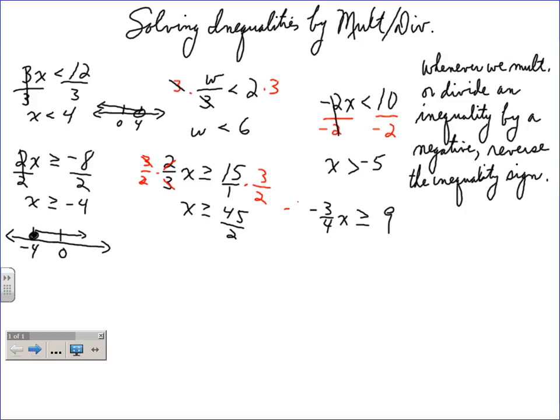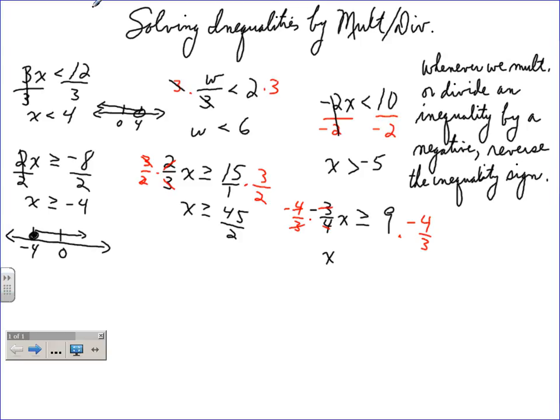Negative 4/3. That's right. And when I multiply a fraction by its reciprocal, I'll get 1. Negative times a negative is 1, right? So I will get 1x. And if I multiply the left side by the reciprocal, I have to multiply the right side. And because I multiplied by a negative,